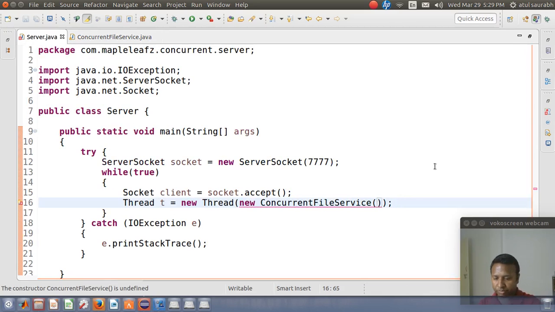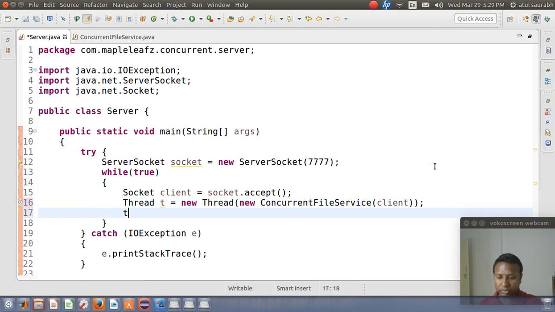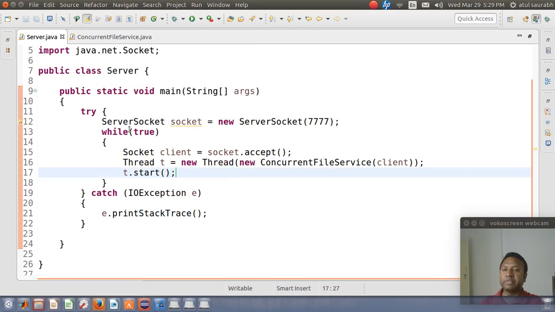Now here I need to pass the client, and then I want to start the thread. The thread gets started here, and then this particular thread will serve a particular client. So this is about the server side.